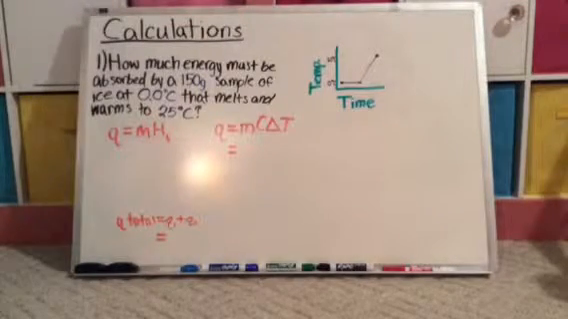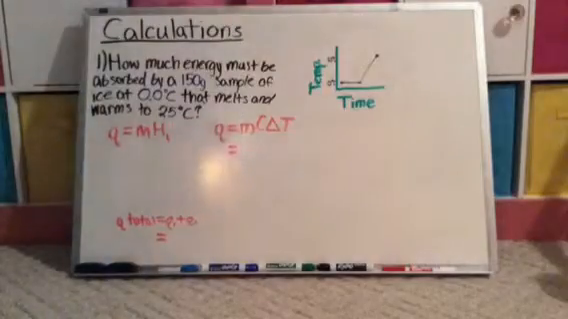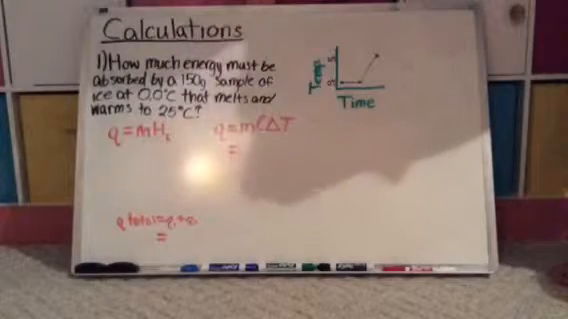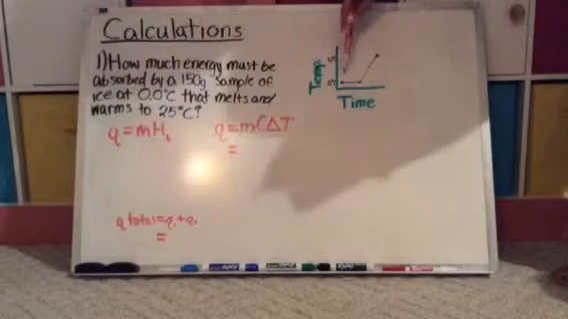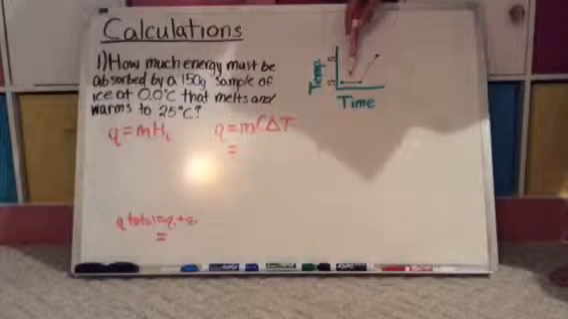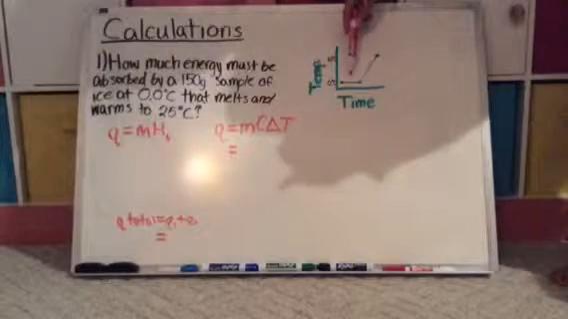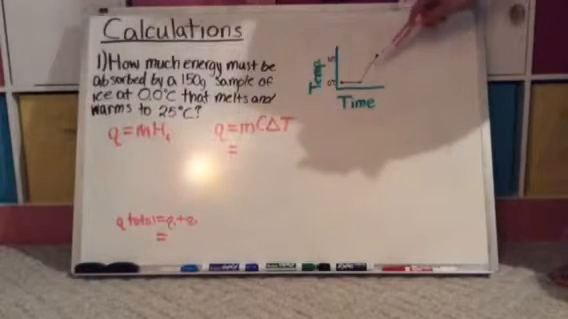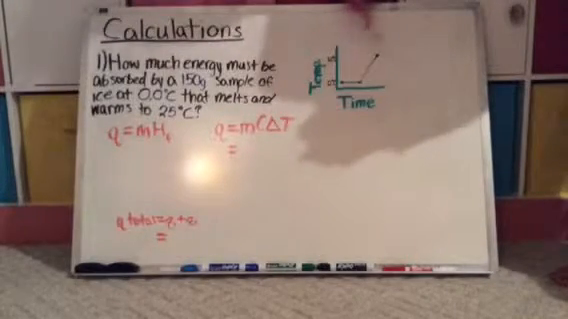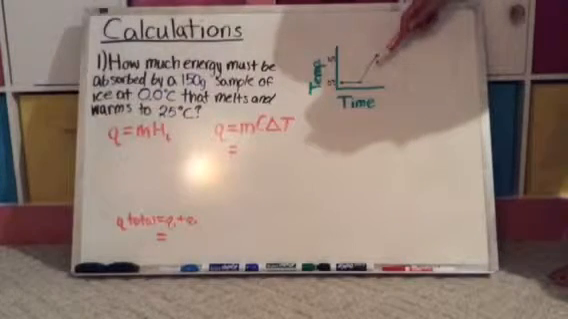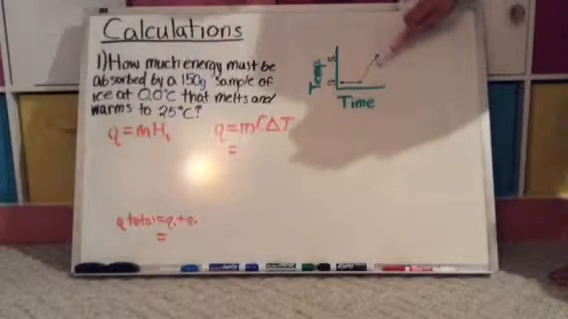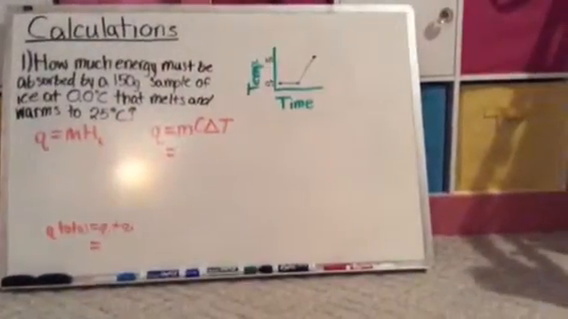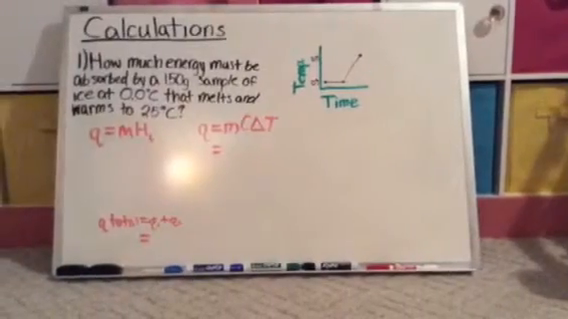Okay, so first of all, we have our graph over here, and it starts out at 0 degrees Celsius. So this first part right here is the phase change from a solid to a liquid, and then it starts to warm up to 25 degrees Celsius. So this is now a liquid. So then we come over here